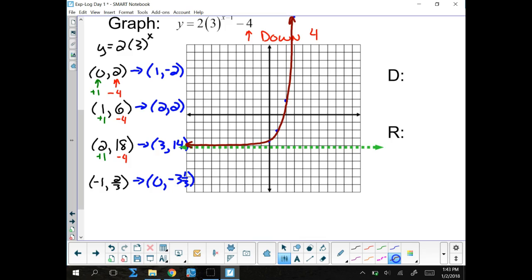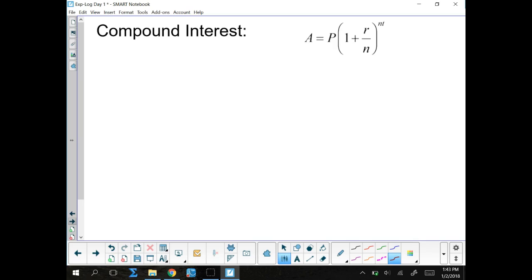Domain is still all real numbers, because if I shift left or right, I'm not changing anything. Okay, so that's still all real numbers. But now what's my range? Say it loud. Fantastic. Couldn't have said it better myself. Y is greater than -4. Love it. Okay? Now,